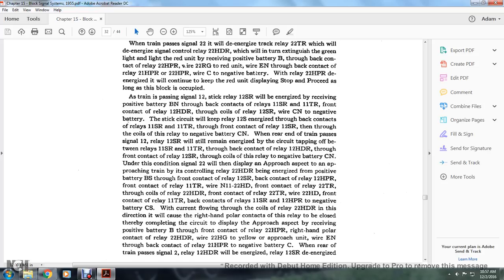SR, through the coils of the relay to the negative battery CN. Under the condition that signal 22 is displaying the approach aspect and an approaching train is controlling, 22 HDR is energized with the positive battery BS from the front contact of relay 12 SR, back contact of relay 12 HPR, with the contact from relay 11 TR, with the wire N11 22 HD from the contact of relay 22 R, through the coils of relay 22 HDR, from the contact of relay 22 TR with the wire 22 HD, from the contact of relay 11 TR with the back contacts of relays 11 SR and 12 HPR, with the negative battery CS, with the current flowing through the coils of the relay